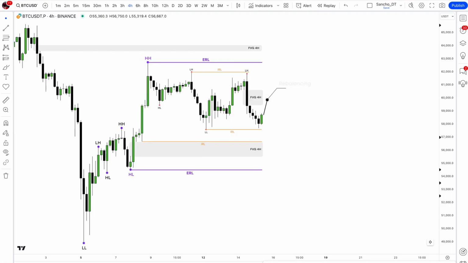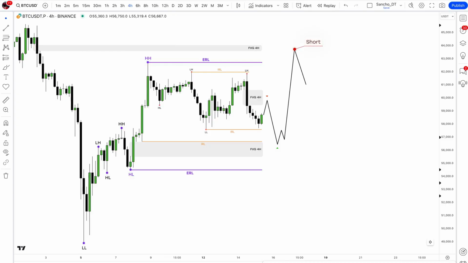Thus, just a few steps allow you to form a plan with a high probability of price movement that will be relevant in the coming days. We expect a rebalancing of the bearish imbalance and consider opening short positions. Within the bullish imbalance, we look for a reversal to open long positions. The goal is to update the last high and reach the area of the third price imbalance, from which we